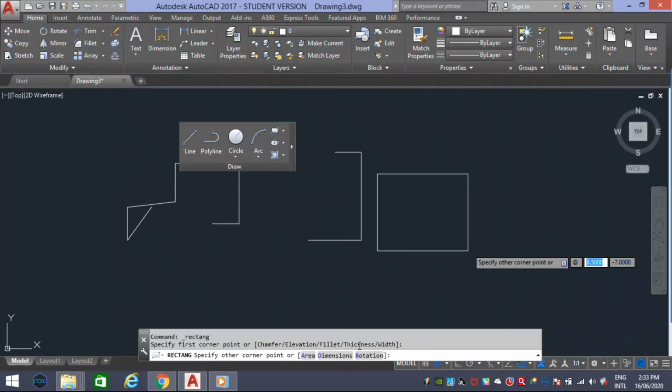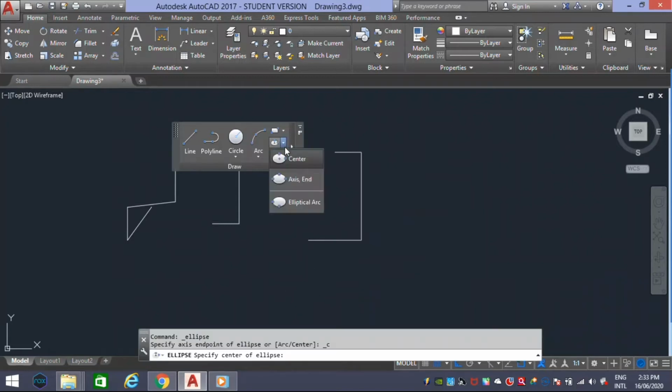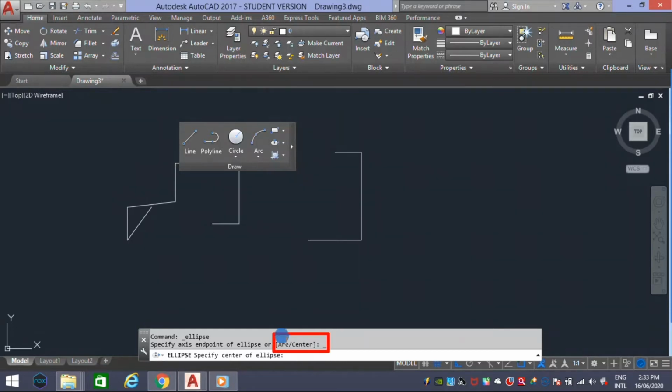Like at the rate of 3D, in the sense we can learn these two options in 3D. And width is the width of the rectangle. That's it. And the next tool is ellipse. It can be created by using a specified center point. In this, the sub options are arc and center. With this help we can create an ellipse, that means with the help of an arc point or center point we can make an ellipse.